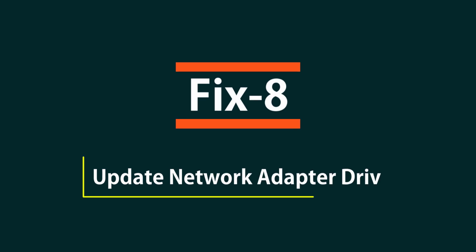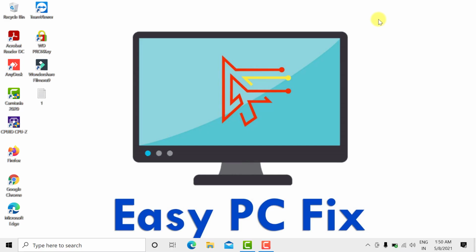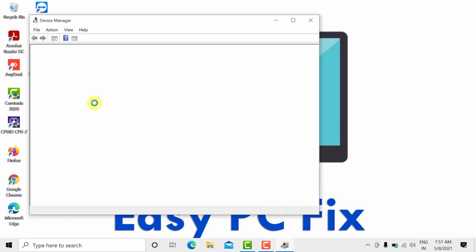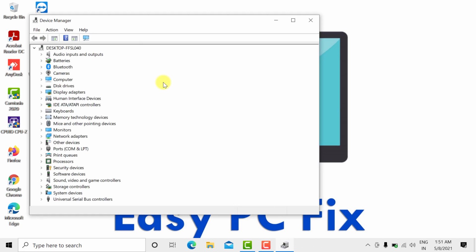Update network adapter driver. For this you need active internet connection. Again right click on Windows Start menu. Select Device Manager. As you can see that Device Manager has been opened. Double click on Network Adapters.